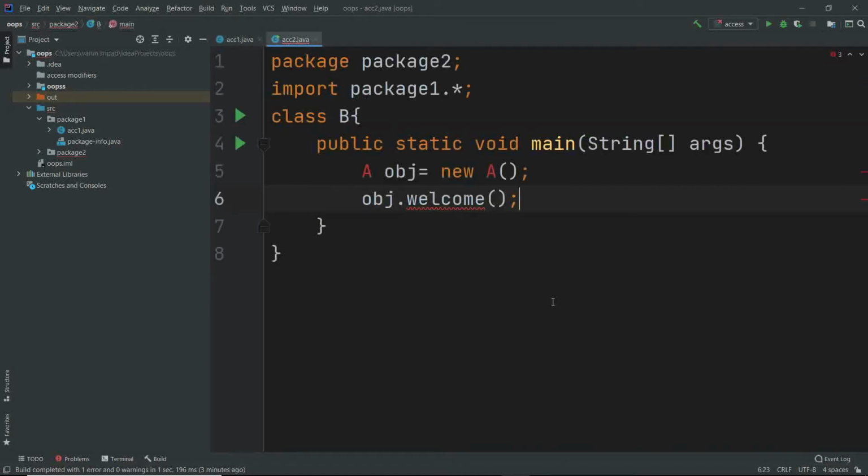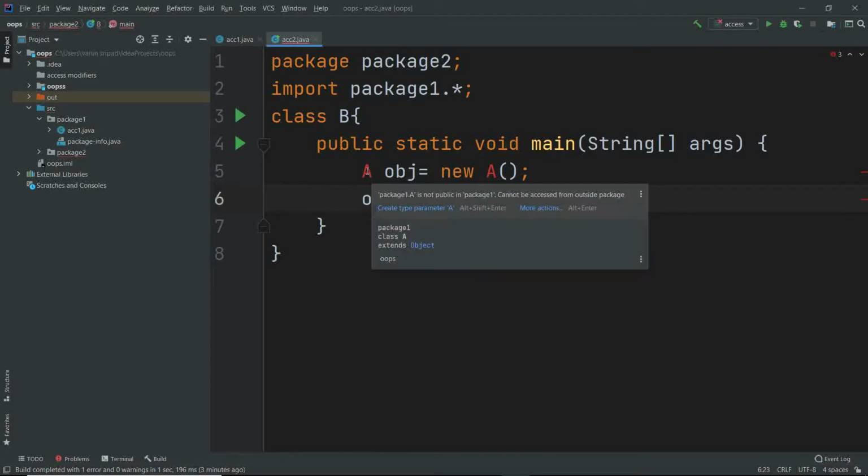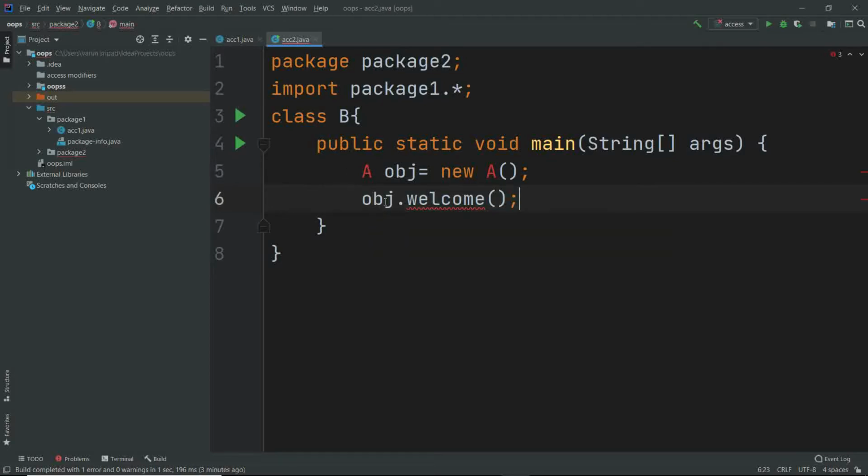Yes. So we've called both of them, but it is showing an error. It is saying package is not public. This particular package is not in public. Cannot be accessed from outside the package. So by this we can understand that when we use the default access modifier, which is a bit more